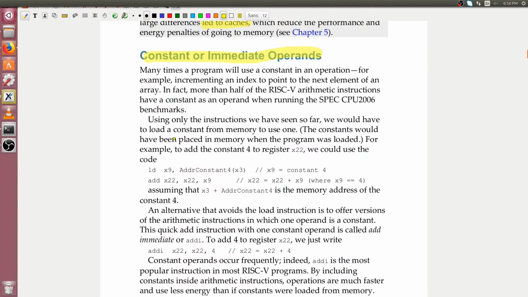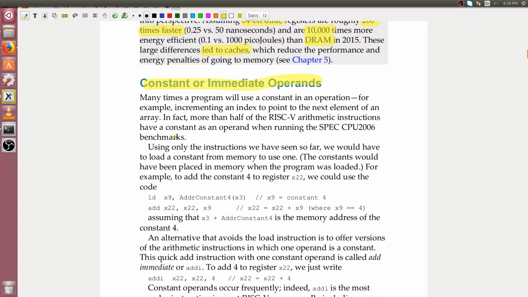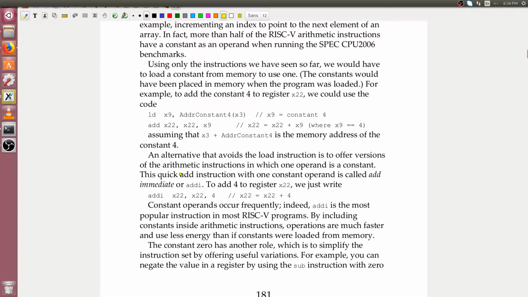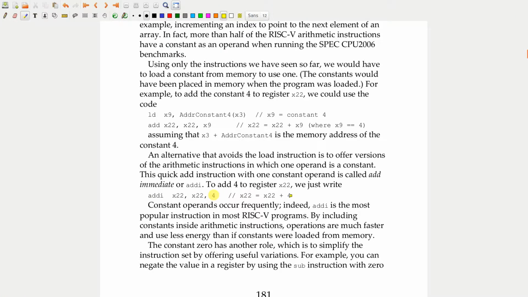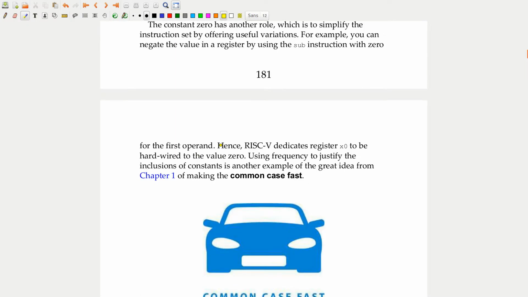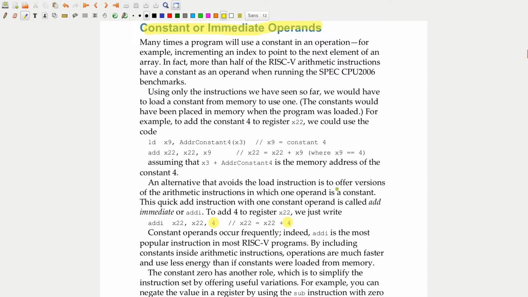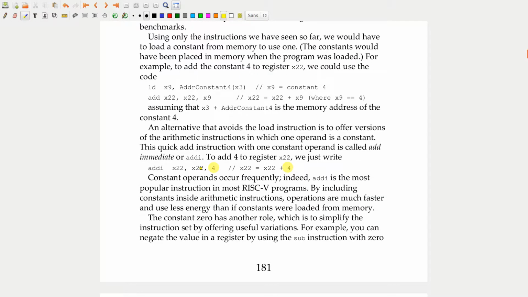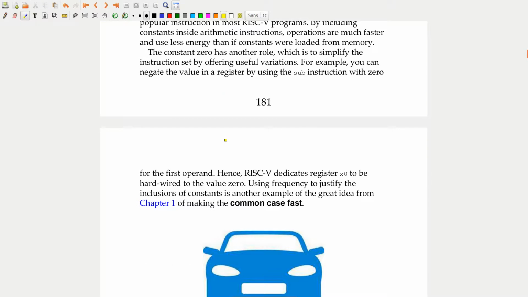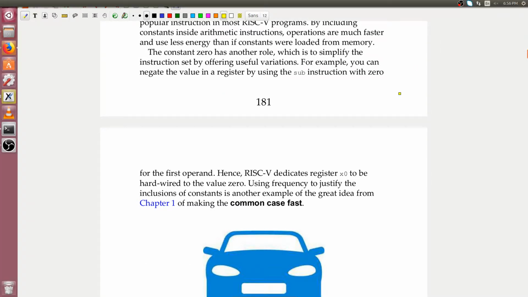All right, let's move on. So we're looking at constant and immediate operands. So this should be fairly quick. So basically all that we mean when we're adding immediates or we're adding constants is that instead of specifying a register, we specify the value directly. So this is a fairly simple concept, and we can kind of skip over all this because all we're doing is we're just adding constants. So if we go ahead and move ahead,